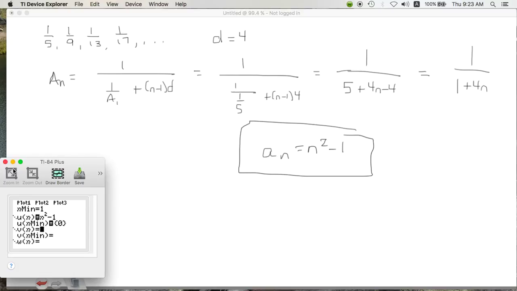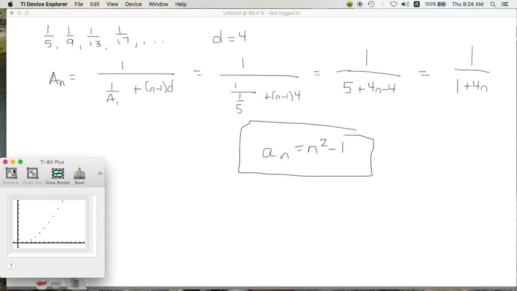Now we want to look at this, so we need to graph it in a window that's going to work. So we go to our window, and we're going to look at the first 10 terms. So we're going from 1 to 10, and we're going to go on integers. So we're going to start at 1, and we're going to step up every 1. And then for our x and y, we're going to go from -1 to 15 for our x and -10 to 100 for our y. If you list out the sequence, you'll see why we need to do that. So then you hit graph,